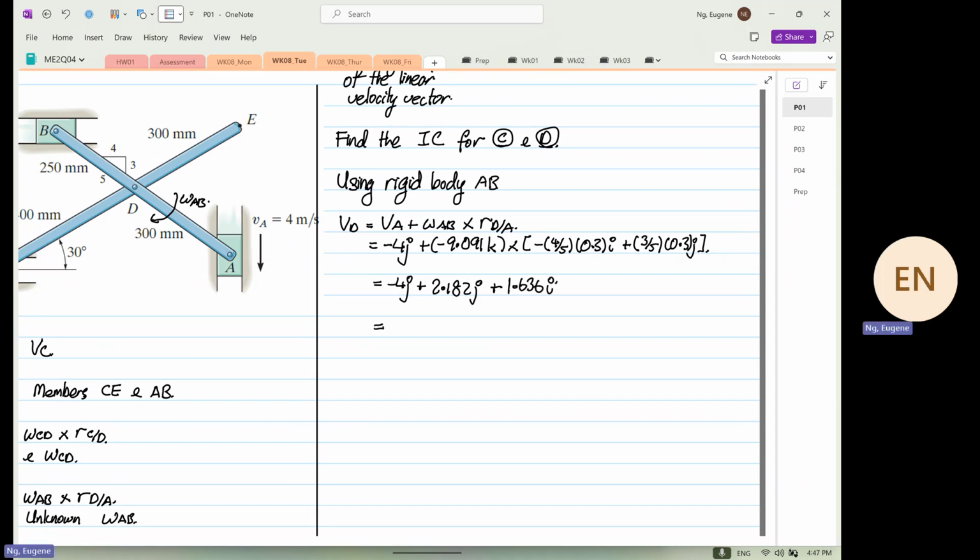So this will be equal to 1.636 i minus 4 times 2.182... minus 1.818j. Okay. So we now know our